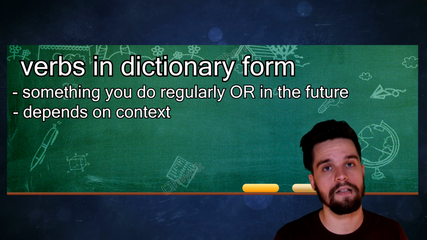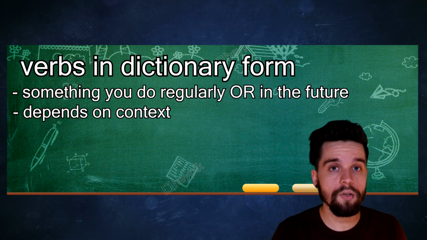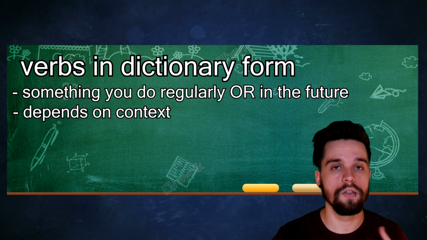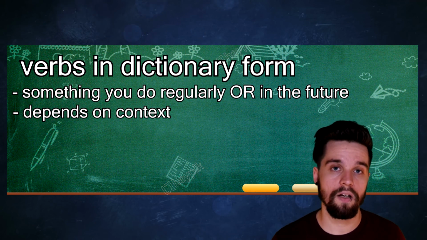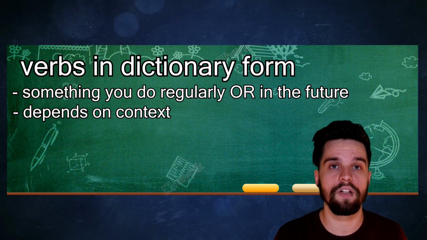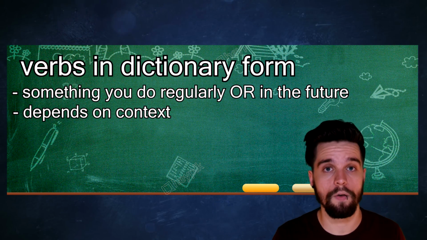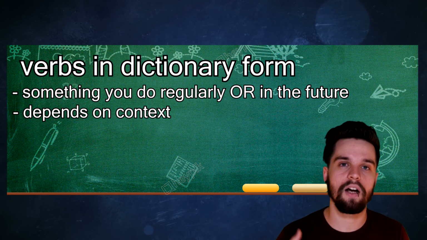It depends on the context of the sentence, and you will usually notice if it is future tense or not by looking at the words that have to do with time. For example, tomorrow or today or afterwards or now. So it makes a big difference depending on these words. This applies for the masu form as well, because the masu form is basically just a polite form of the dictionary form. Now that we know all those new verbs, we can really start to talk about the masu form